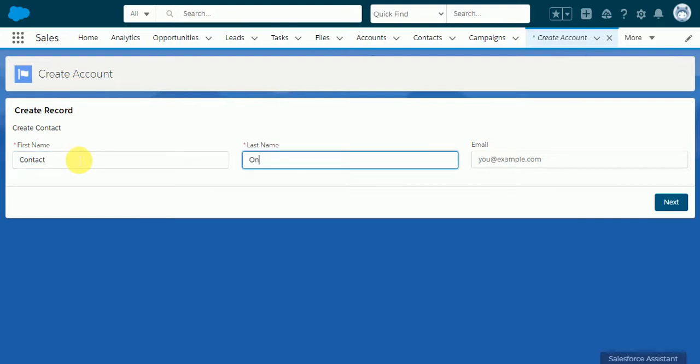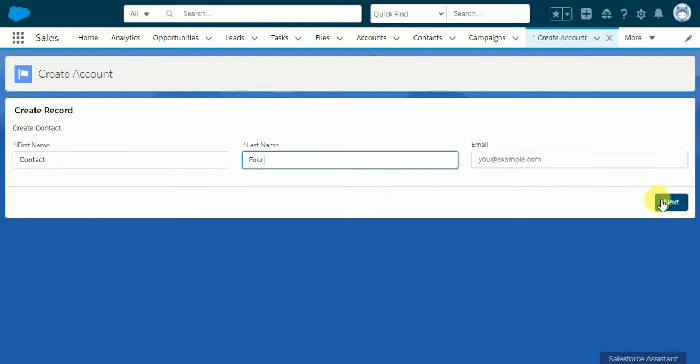So I'll just name this as contact 1. And if I click on next here, it again asks me to enter the details of another contact. Why? Because we have selected number of contacts as 4. That's the reason it will show us 4 screens, which will ask the user to enter the 4 contact details. So here I'm going to give the first name as contact 2, and in the next screen I'm going to give contact 3, and here I'm going to give contact 4. Now we have filled all the contact details, as we selected number of contacts as 4. That's the reason it showed me 4 screens.